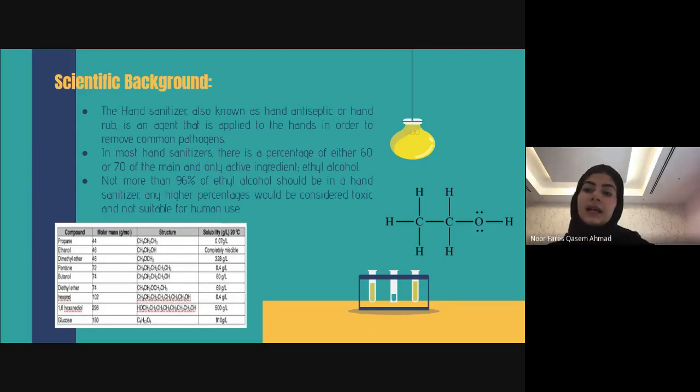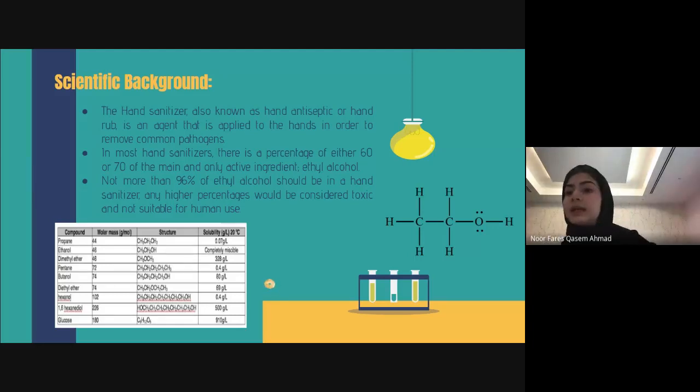And alcohols in hand sanitizers destroy disease-causing agents, also known as pathogens, by breaking apart proteins, splitting cells into pieces, or messing with a cell's metabolism. Ethanol alcohol is infinitely soluble, and its chemical formula is C2H6O. It is colorless and flammable and is what mainly contributes to the disinfection executed by hand sanitizers.